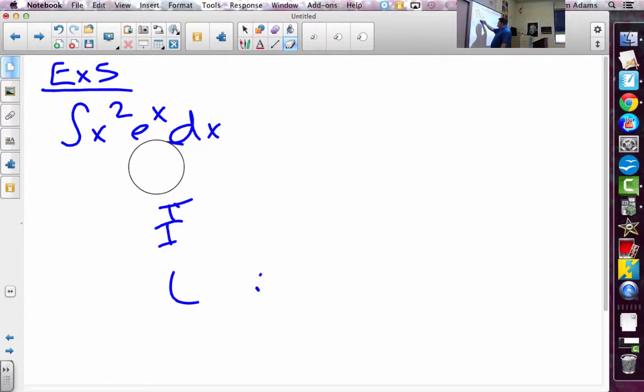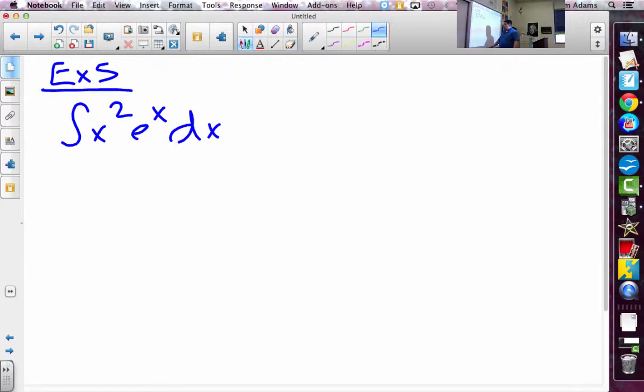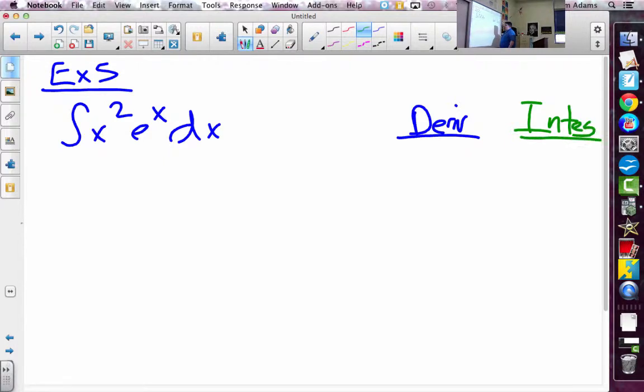And since we're going to repeat the pattern over and over again, we're basically going to take derivatives of one of the functions, and then we're also going to integrate the other function. Alright? Because that's the way integration by parts works. So rather than write it all out,